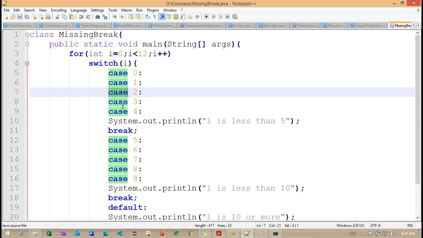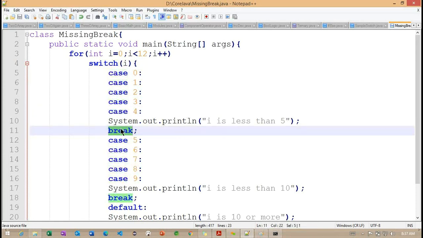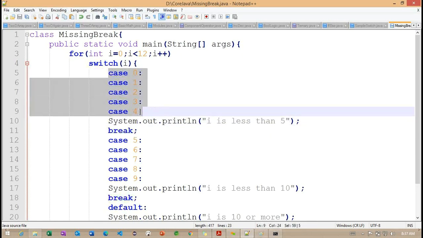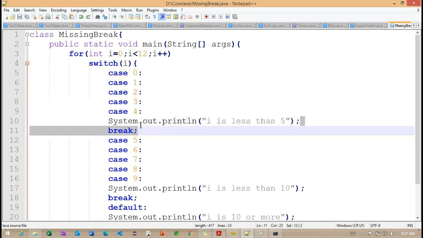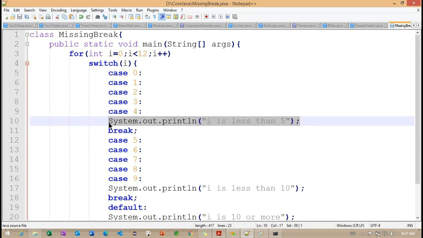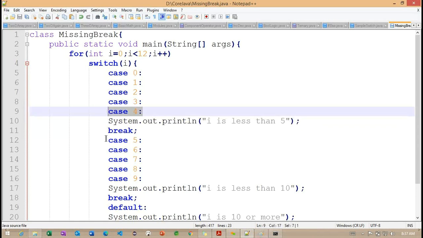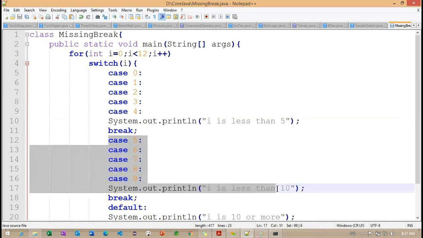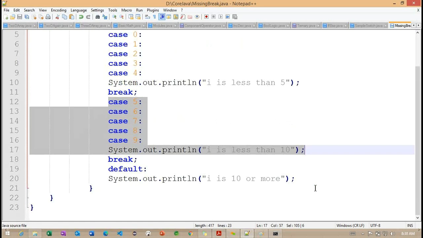Now what is happening internally is it tries to check with case 1, case 2, case 3, and case 4. Wherever it has the break statement, it stops there. Up to there, these cases are satisfied, the loop is executing, and this println is printing here. Once this case is completed, we come back to the case file, and from there it tries to execute the above case details.